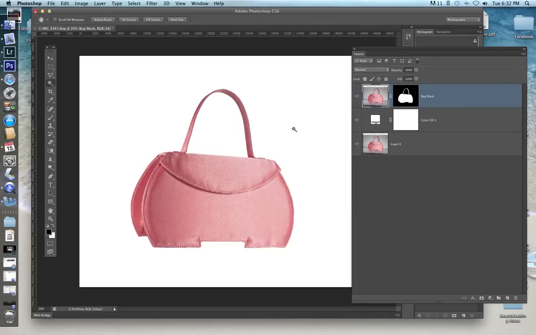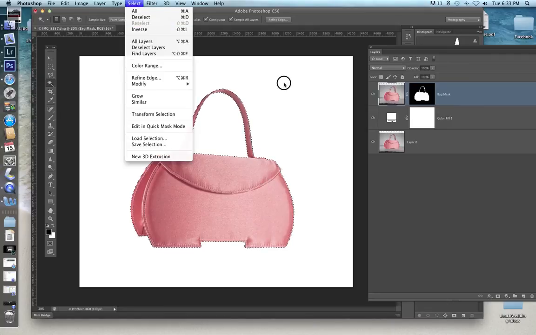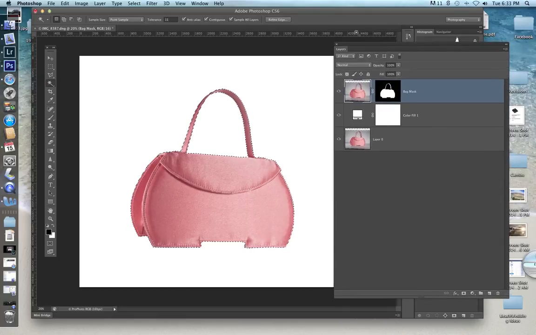So I'm going to just choose the wand tool and I'm going to choose the background and I'm going to choose option. And when you have a nice clean background, I'm going to choose shift. And now I have the background chosen, but we really need the bag chosen, so I'm going to do shift command I or select inverse. So now I have a selection of just the bag, and I'm going to go ahead and